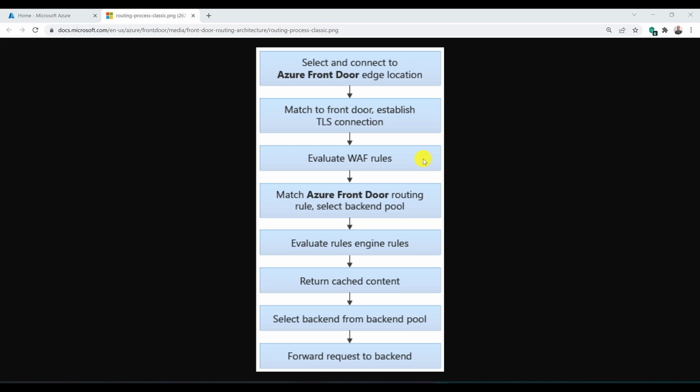However, if the incoming request was genuine and doesn't have any security issues, it's going to be forwarded to the next step, where Front Door is going to match the routing rule to the incoming request. We are going to dive deeper into this in a separate video. And as we said before, a rules engine can be associated with the routing rules. If you have already associated some rules engine with your routing rules, then they are going to be evaluated to see if they meet the conditions or not. Keep in mind that the rules engine actions can override the routing rules you have already defined for your Azure